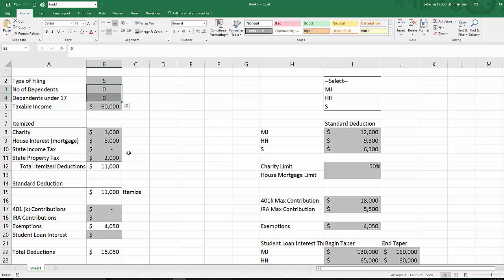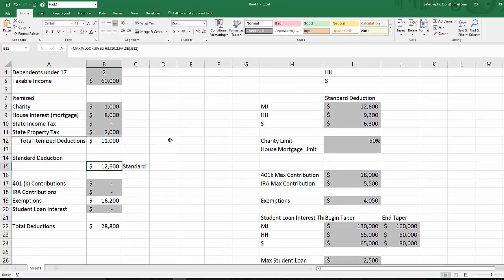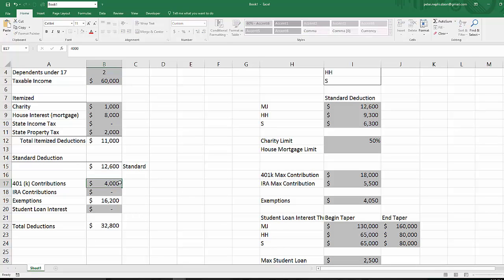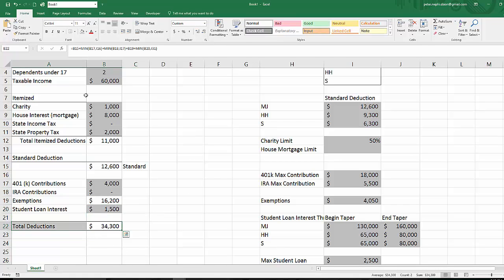So now we can put in any numbers that we want. So if we are married filing joint and we've got 2 kids under 17 and we make $60,000 and we have these charitable contributions, actually in this case we're still going to want to take a standard deduction. We're going to contribute $4,000 a year to our 401k, nothing to our IRA. Our exemptions are going to be that much, and let's say we've got $1,500 in student loans. This is going to be our total deductions,